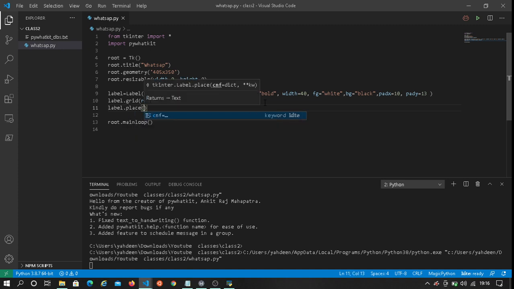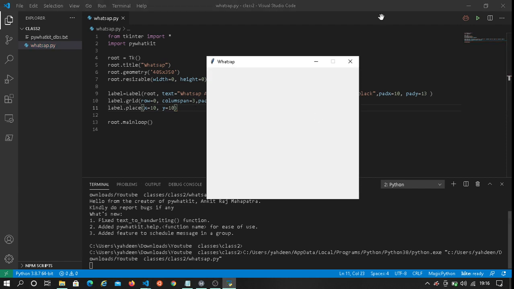What this tells Tkinter is where you want to place it on the x-axis and on the y-axis. You get it? So we give it x equals 10 and y equals 10. This is basically the x and y axis. So let's run that and see what happens.